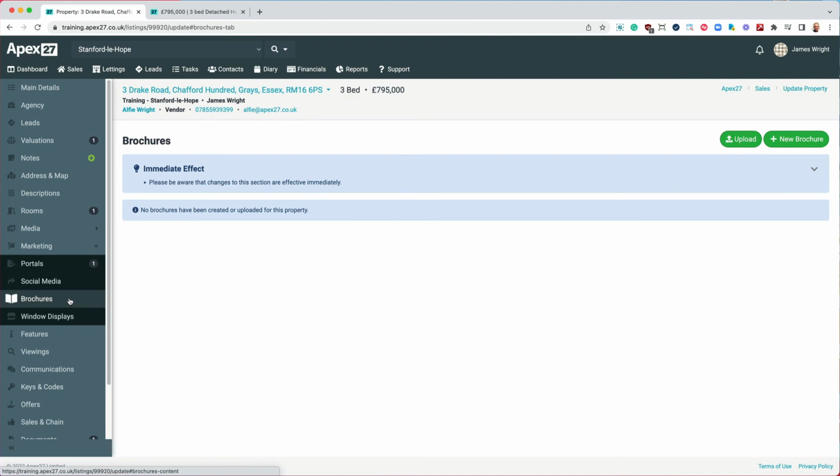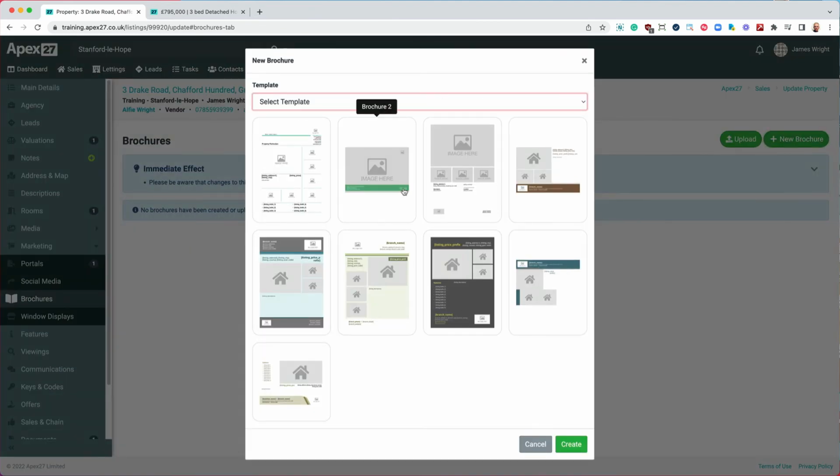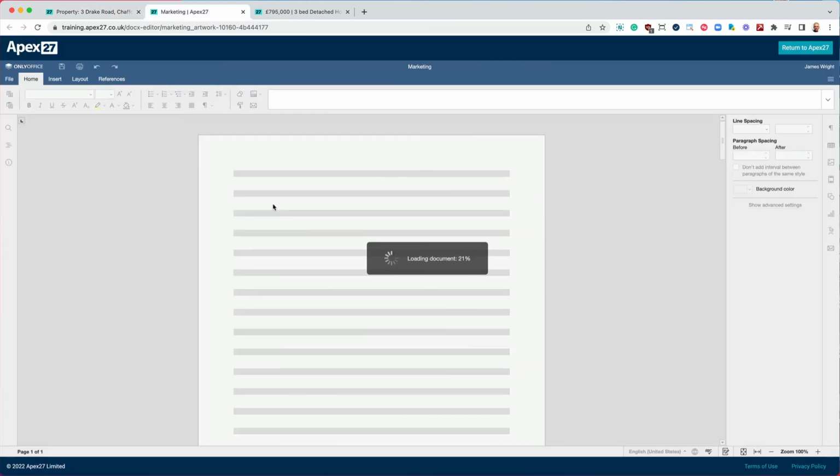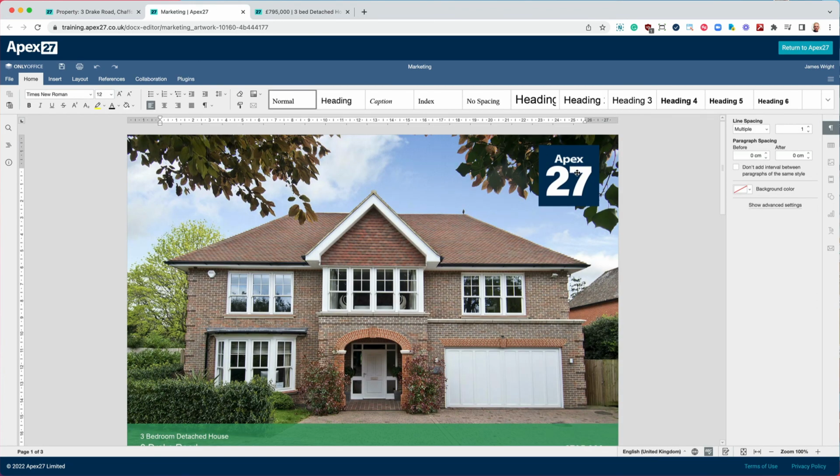Apex27 also allows you to create your property brochures, your property particulars. We've got a few templates on the system already for you to use. I'm just going to use my brochure 2 template. I quite like this one. It's nice and easy to work with. You see it puts our logo in. I can zoom that out. You can see